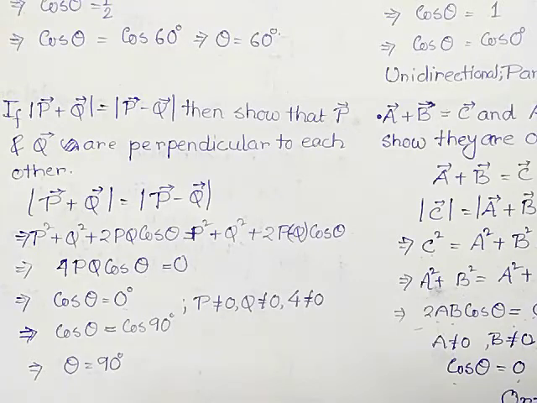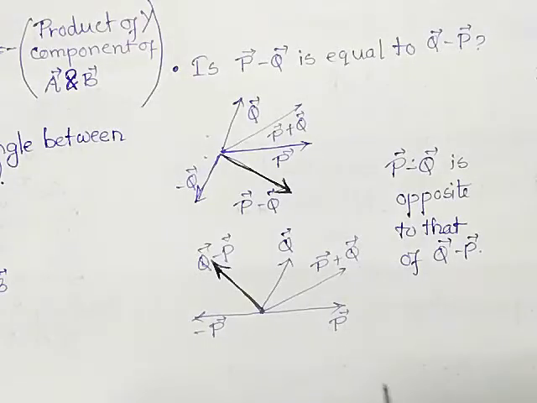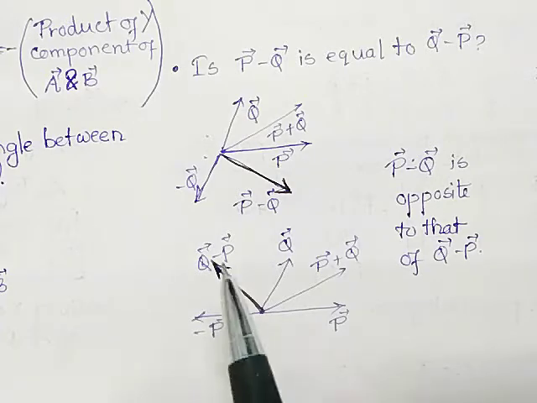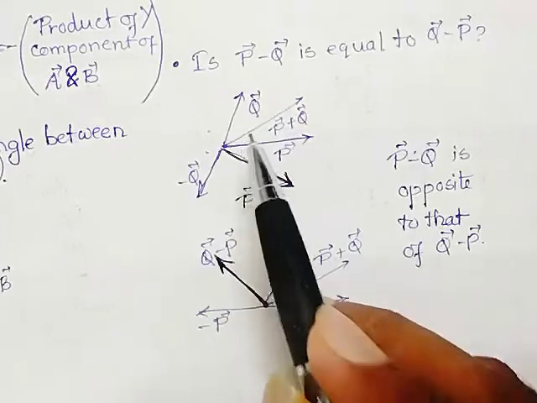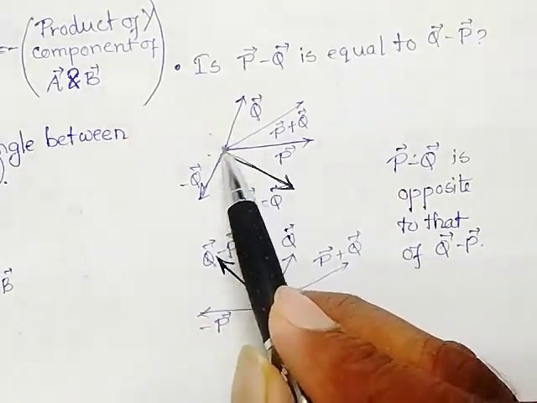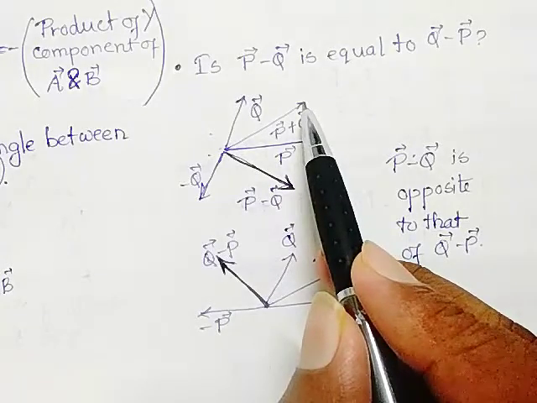So if I want to show it diagrammatically, how it looks like, just look at this question that we have solved in the previous lecture diagrammatically, and now we have solved it mathematically from the triangle law of addition, from the parallelogram law of addition. Just see, I try to repeat it again. P vector and Q vector, resultant is P vector plus Q vector.